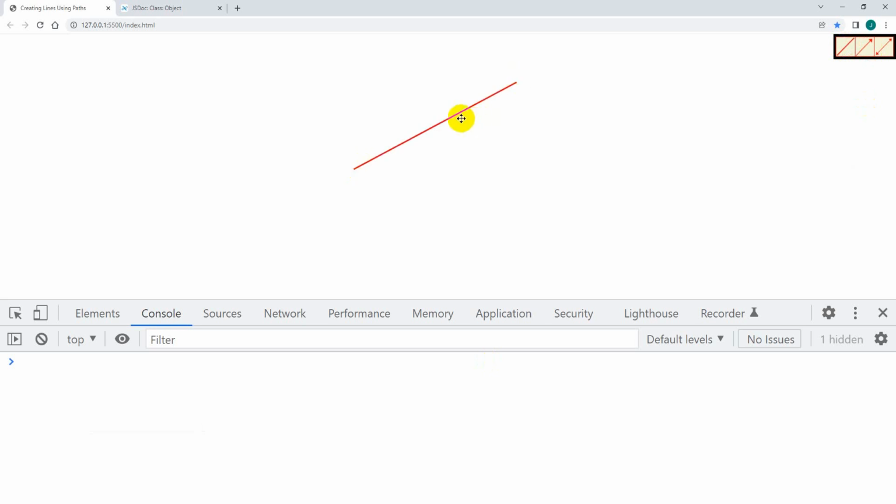So now if I draw a line, I'm not able to select it. So if I draw another line, oops, if I click on this, all right, draw another line, I'm not able to select the previously created line. Okay,